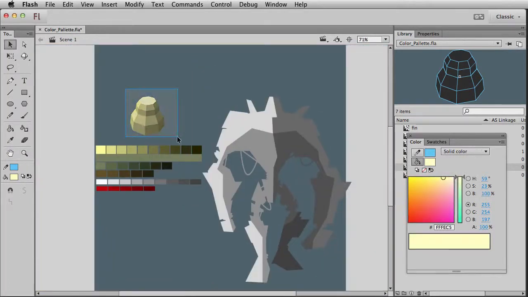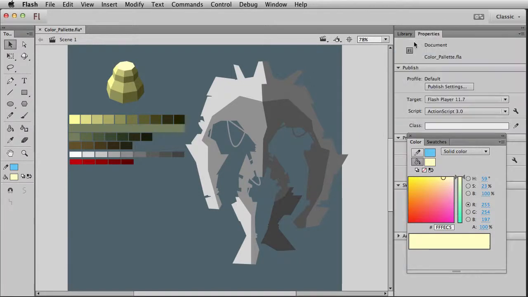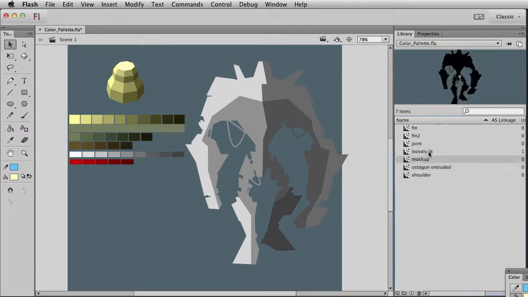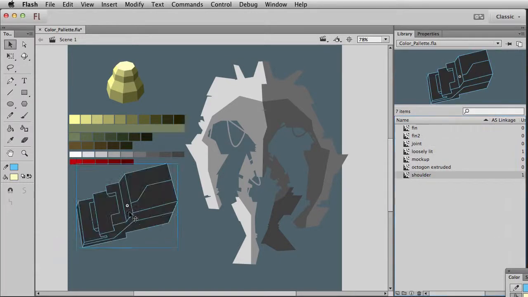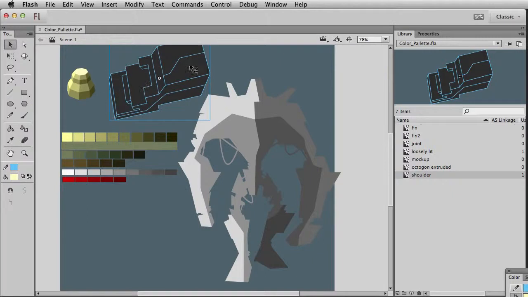Oddly enough, I don't know why those are still in there, but this would be a good thing to do, just to give yourself a little bit of reference as you start filling in your parts, to have this kind of virtual octagon type shape, just so you can sort of compare it to, well, something else you might pull out of the library and start shading. So for example, what do we have in here? This like little shoulder piece. Okay, so you might sort of have this thing off to the side where you go, oh, okay, well, this is my reference for